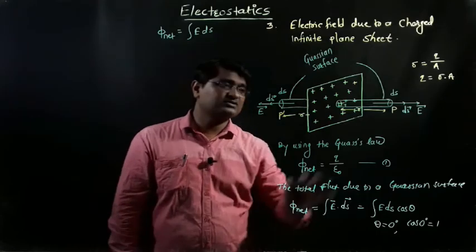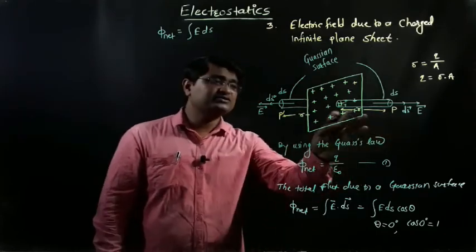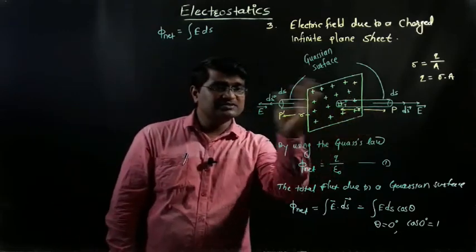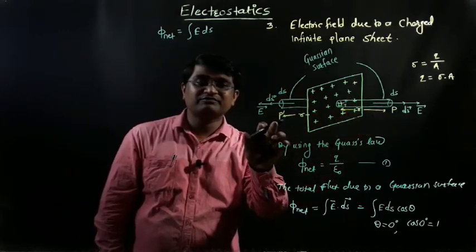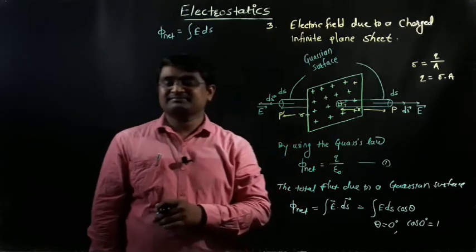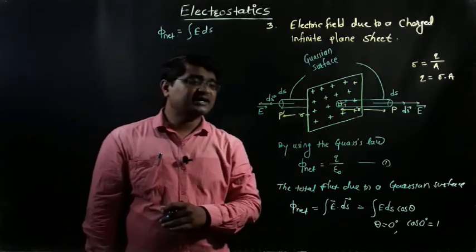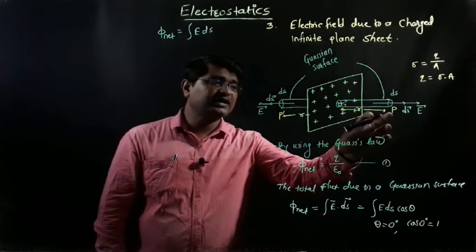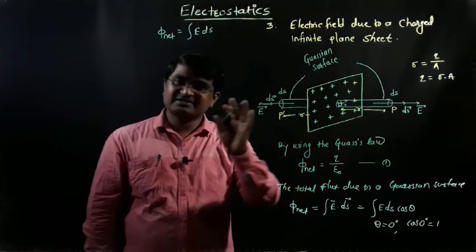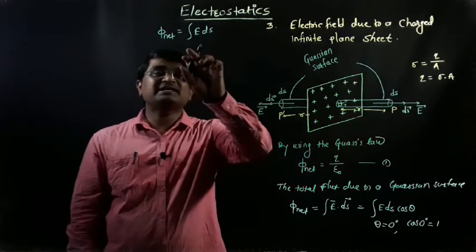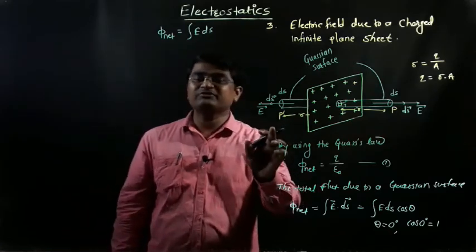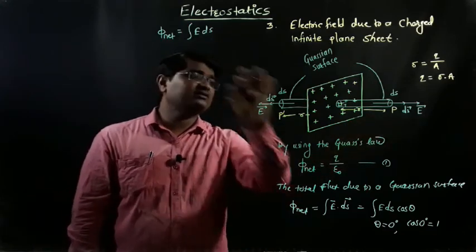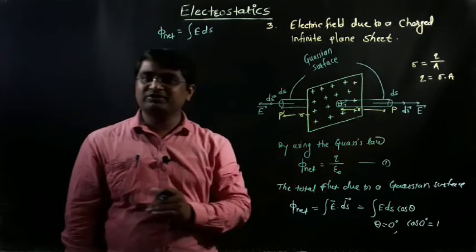So this is the total flux at the point P, at a distance r from the plane sheet. But actually the same flux is produced on the backward side of the plane sheet at the point P dash at the same distance r. Get clear? It means that as per the condition of the Gaussian surface, the electric field at the point P and P dash is exactly similar. So the same flux will be produced at the point P dash. So it means that we can write the same equation 2 times, at the point P and at the point P dash.